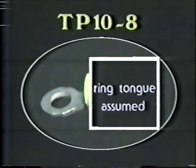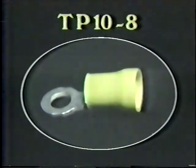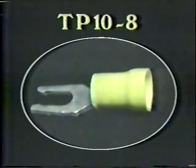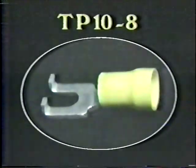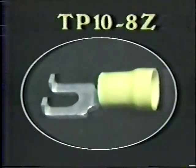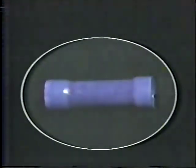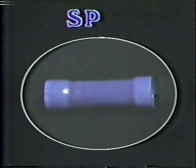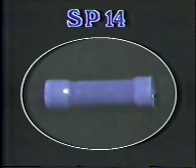As with nylon terminals, a ring tongue is assumed if nothing else is specified. Burndy vinyl lugs, however, offer a wide variety of tongue variations, such as a fork tongue designated by the suffix F, a locking fork designated LF, and a flanged fork designated by suffix Z. A vinyl insulated splice would be designated like this: S for splice, P for polyvinyl chloride insulation, and the wire size that can be accommodated, in this example, a number 14. As with our nylon insulated splices, Burndy vinyl